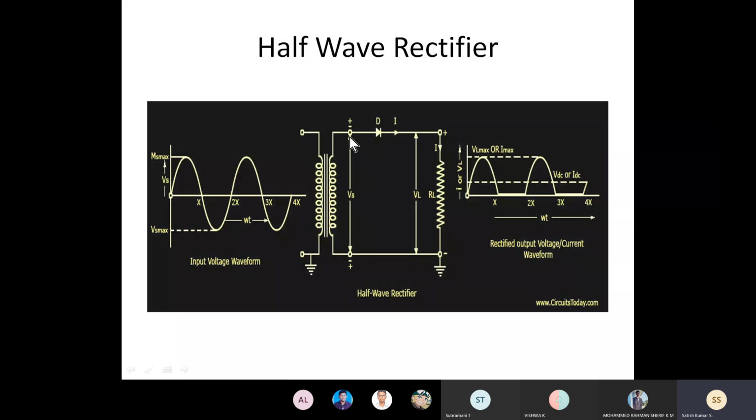These voltages we give to a diode, which is connected in series with the secondary terminal. From the other end of the diode, we connect a resistor. It need not be only a resistor; we might connect any electrical load, inductive or non-inductive, whatever it is. Any one of the electrical appliances, we connect to the other terminal, which is connected to the other end of the secondary of the transformer. This is the way we close our half-wave rectification circuit. In this circuit, the components are a transformer, a PN junction diode, and a resistor.